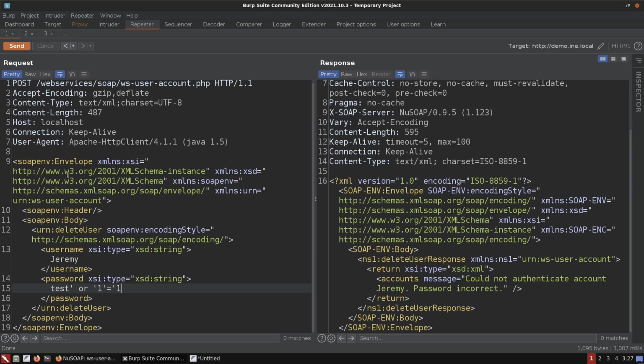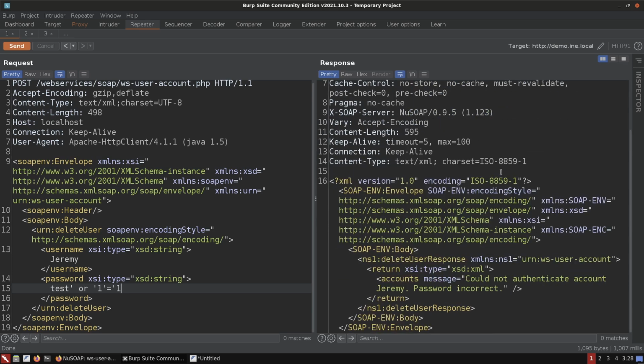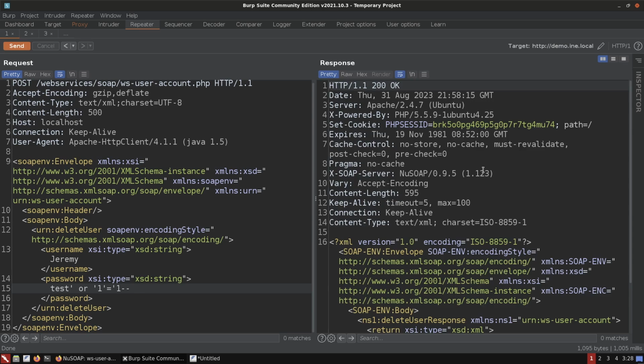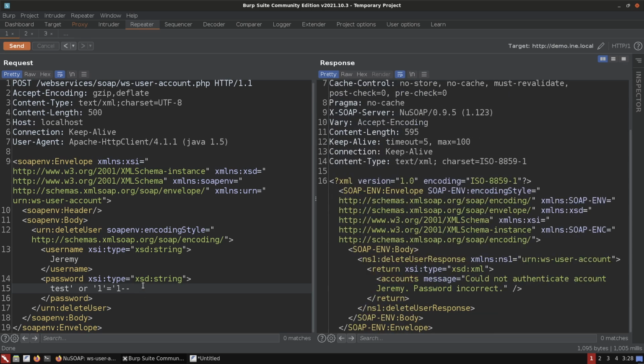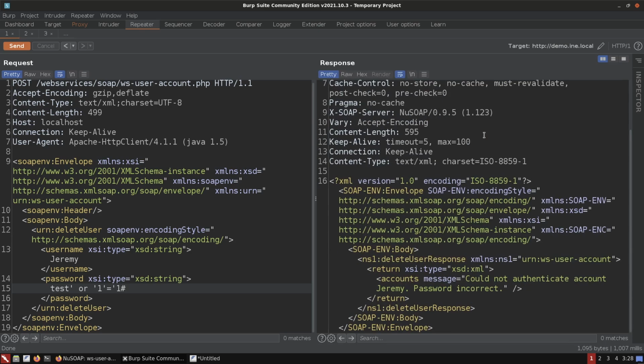We don't need to close that, otherwise that will not work. And I'll just hit send now. And there we are, could not authenticate, password is incorrect. So for some reason it's not terminating this. What if I add a comment there? This is MySQL, so we would then need to pretty much specify either a pound symbol or something like that. Still not working. Now, this means that I potentially have to analyze that SQL query because it was encoded,